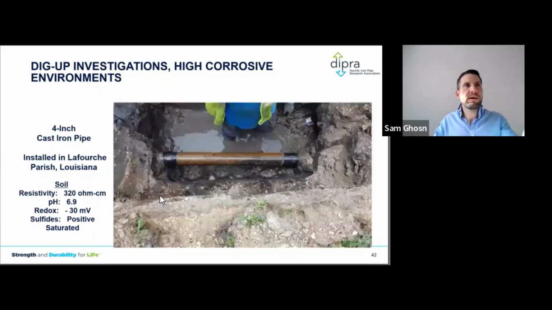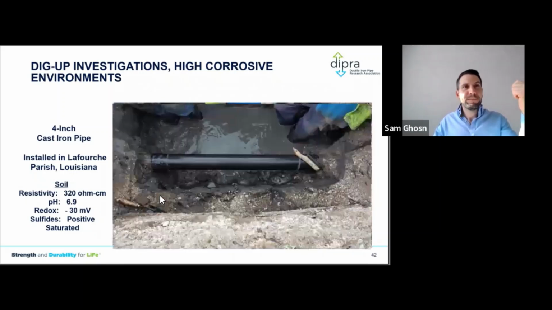So once we remove the wrap, like I said, you see surface oxidation. We expect that to happen, consumption of oxygen between the wrap and the pipe. However, we could clean that. So we use a wire brush and some water to clean it. I promise I did not Photoshop this photo. I was there, I took it.